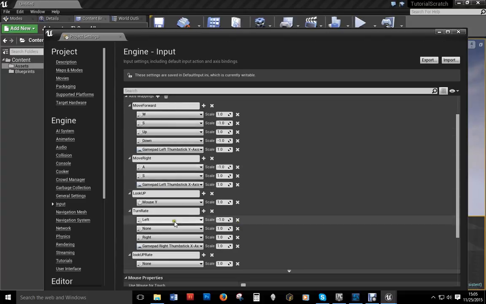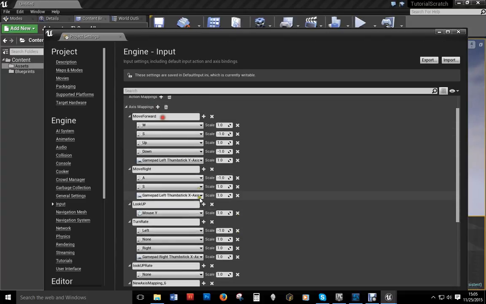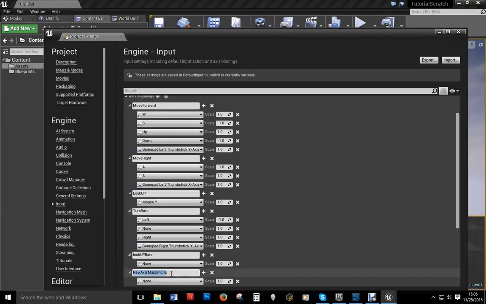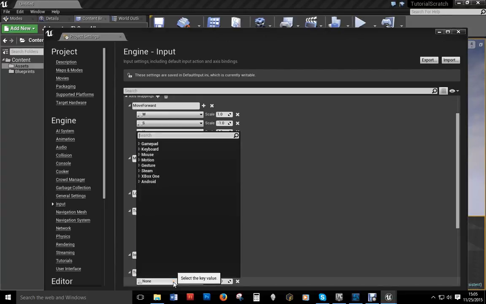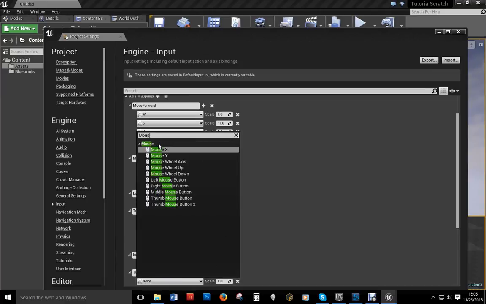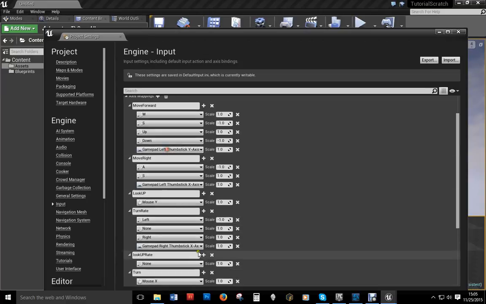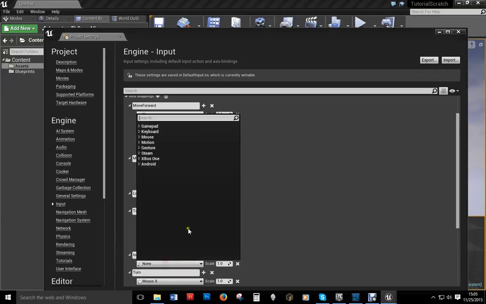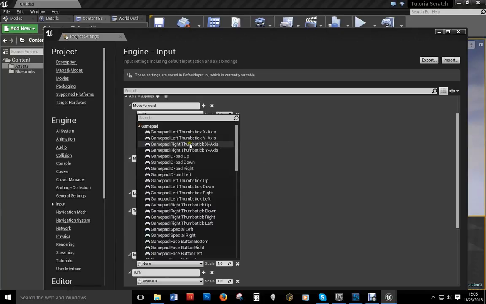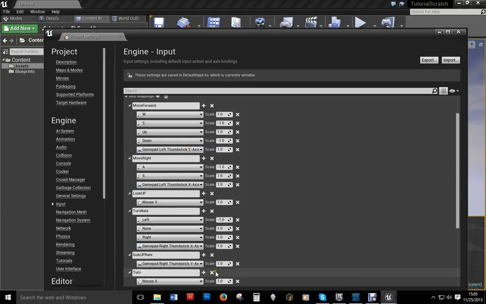1, 2, 3, 4, 5. Yeah, it deleted it. So just add it back and rename this one turn. And this here, the turn is going to be the mouse X. Alright, and it stays also +1. Okay. Now the look up rate, and this is going to be your Y axis for your right thumbstick. Alright, and it stays a +1. Okay,